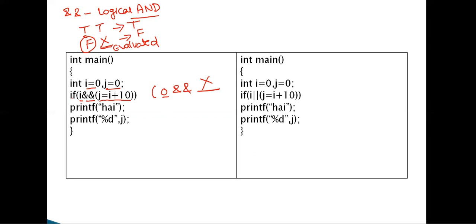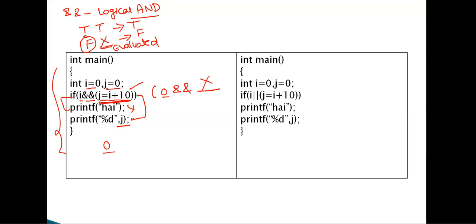In this example, after if we have not enclosed any brackets. If you are not using any bracket, only a single statement is related to if. That is only this is the pair. For this if and this one, there is no condition. Whether the condition is true or false, the j value is printed. You got it? There is no relationship between if and the last printf statement. What is the j value? Simply the output of this program is 0. Why? i is not executed. At the same time, j value, this statement is also not executed.